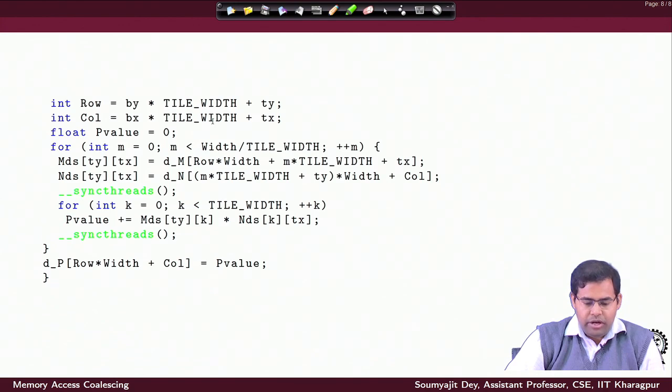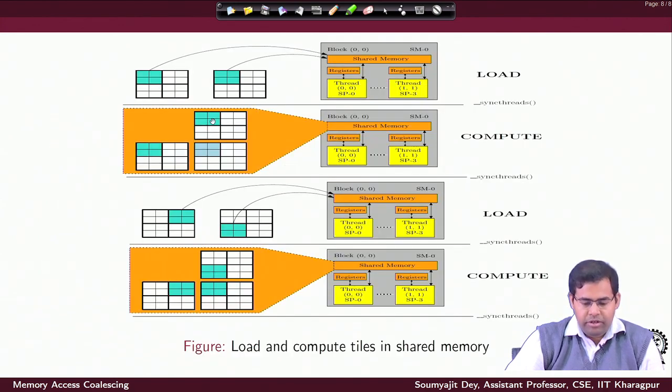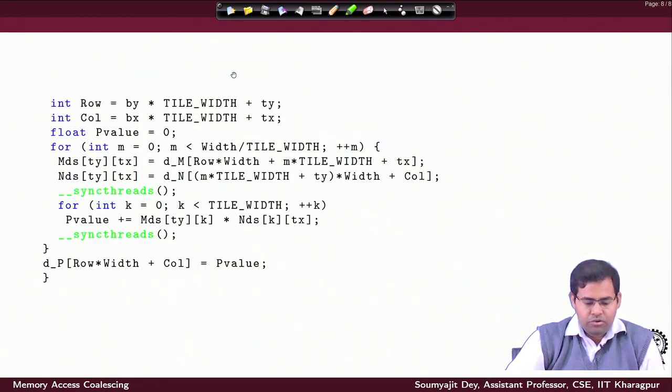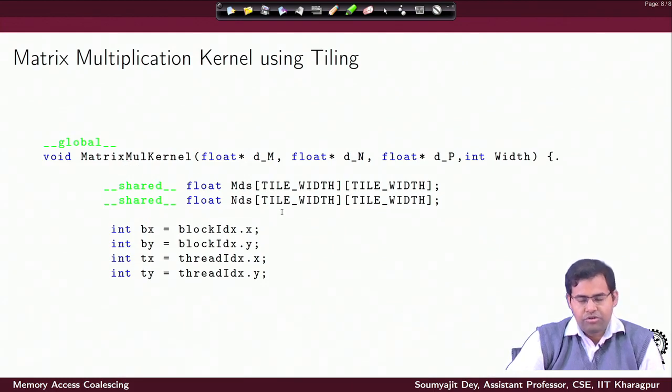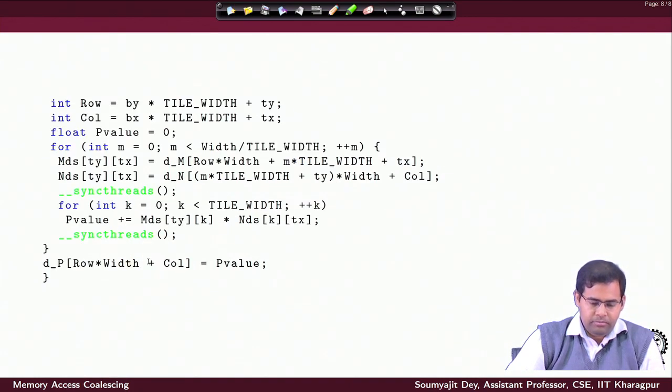So, the two tiles have to be loaded by the set of threads who are working for this part of the computation. So, the set of threads are going to first load this tile from matrix 1 and this tile from matrix 2 into the shared memory. So, I define two shared memory locations, each of the size that should be able to hold these tiles. Then I get the block IDs and thread IDs in these smaller variables, and then I have to perform the actual loads, right.